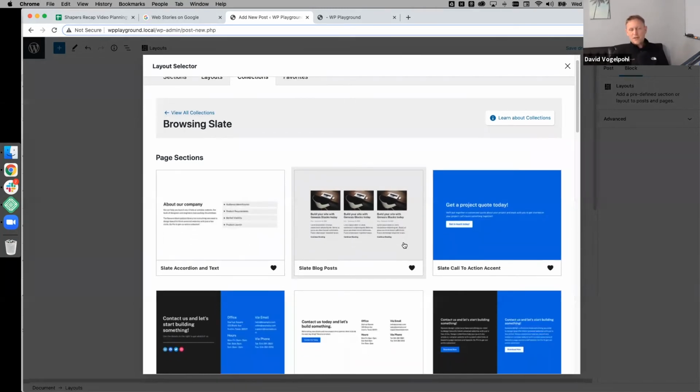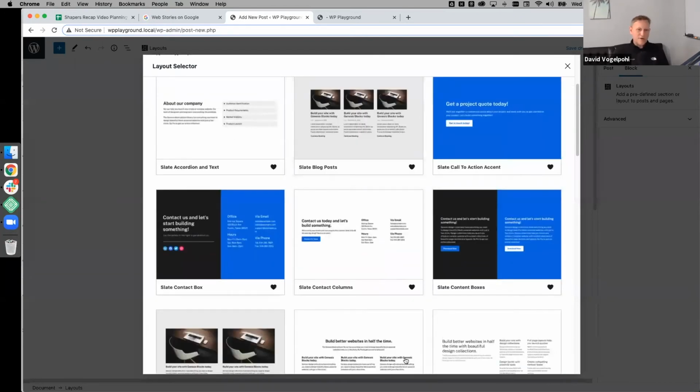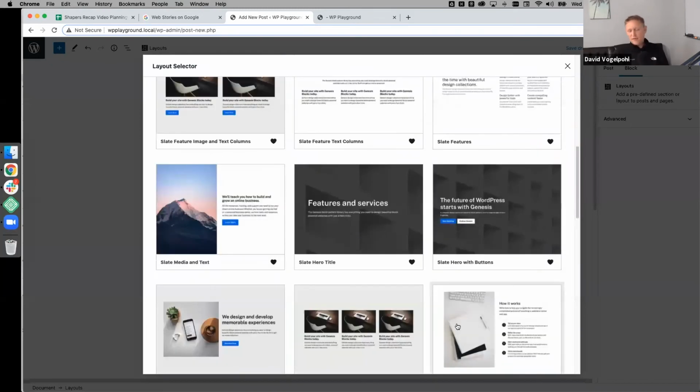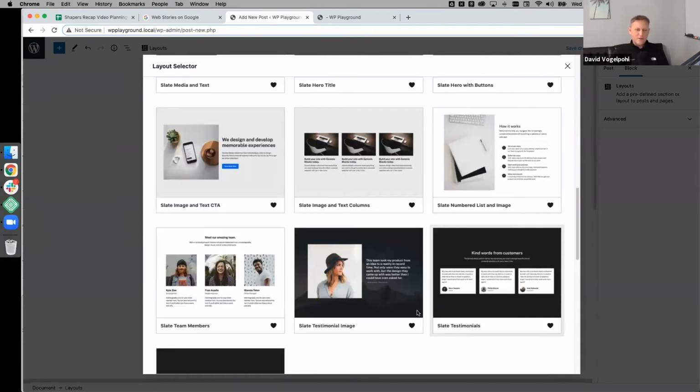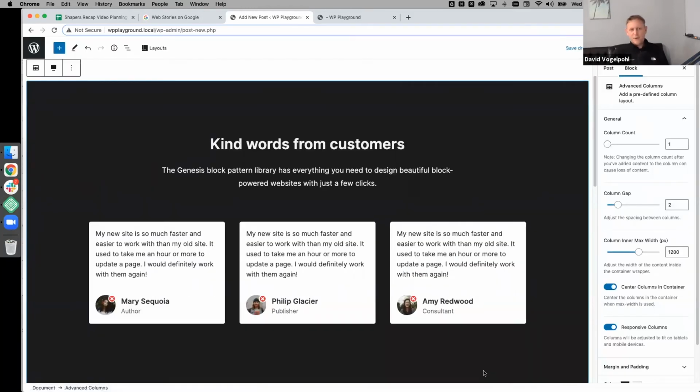As a third-party theme provider, one of the reasons this was added to the Genesis Blocks context is to make this extensible to third-party theme providers. The idea is that theme providers would create their own versions of collections. Then if you got a theme from a third-party theme provider, great, they have their stuff in there and it's available for you to use and invoke, if you will, at the click of a button.